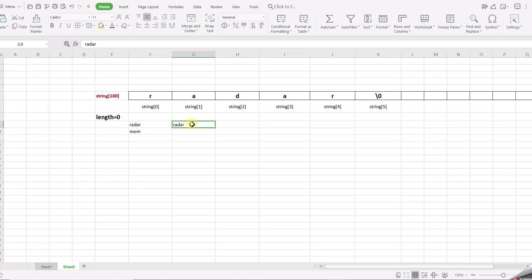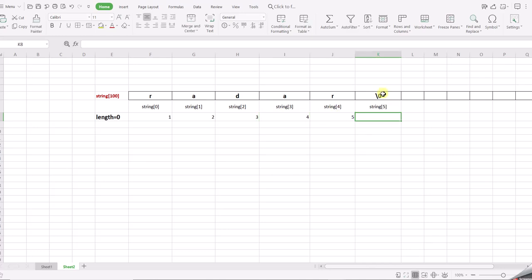So now what we're supposed to do in this program is, first of all, find out the length of the string. In order to find the length of the string, I have taken a variable length over here and I'm going to initialize it to 0. I'm going to travel through this entire character array until I reach the null character, and I'm going to keep on incrementing the value of length. So if I do length plus plus, length becomes 1, over here length becomes 2, over here 3, over here 4, over here 5.